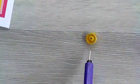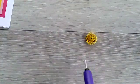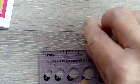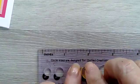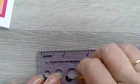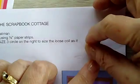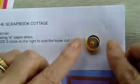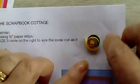Okay, now I'm going to let it relax. So this is called a loose coil. I'm letting it relax. You can put it inside. I wanted a size 3. This is a size 3 hole right here. So you can actually put them in the hole and let them relax. Now, when you buy the kit, you're not going to have the ruler unless you have one at home. So I've provided you with this little circle, and that's a size 3. So you just kind of put it on that circle, let it relax,